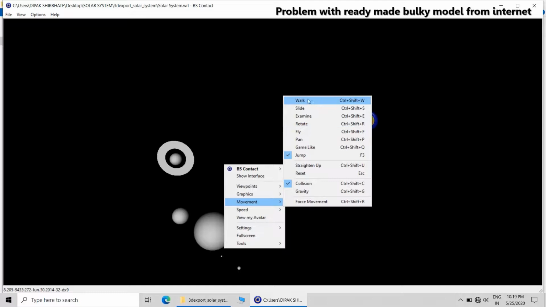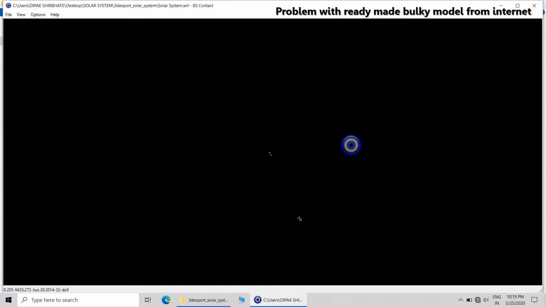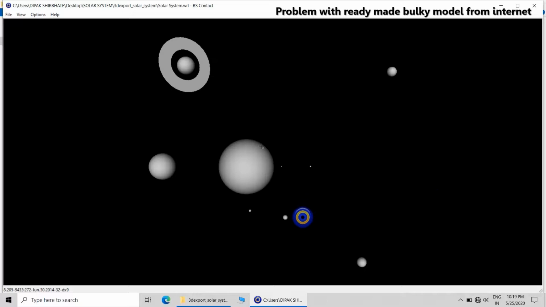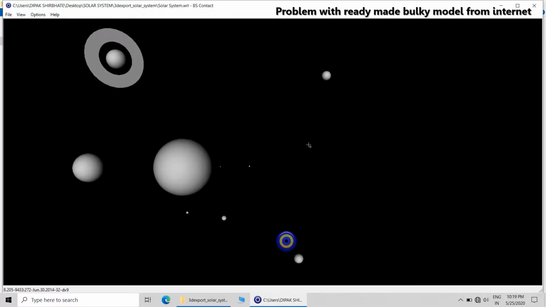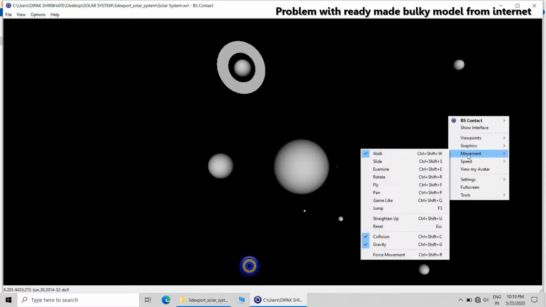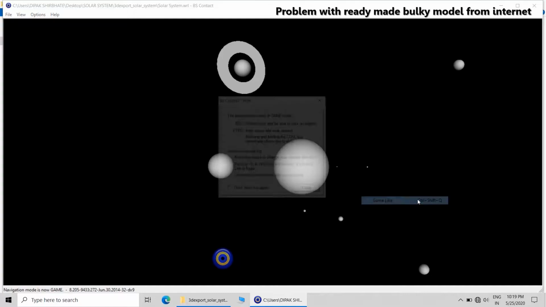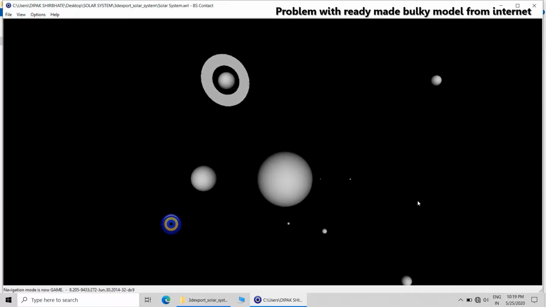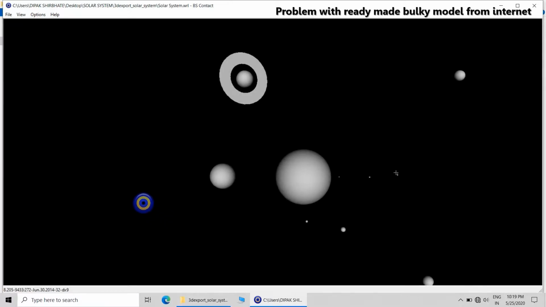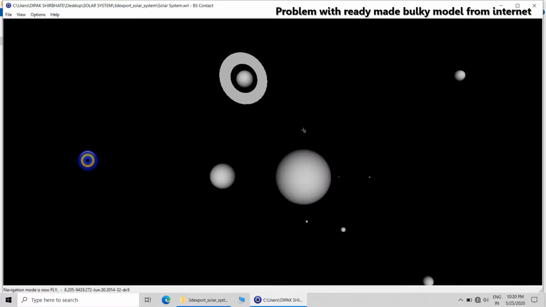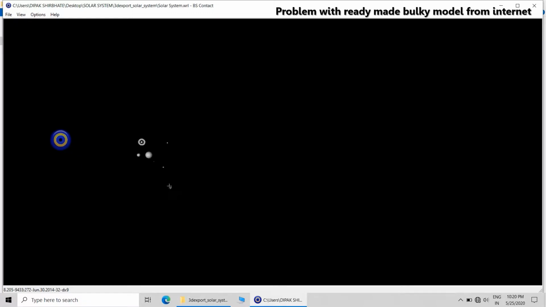The methodology of downloading the model from the internet, applying texture and saving modeling time will not work, because the model itself is very bulky, and I haven't found any less bulky model. Of course, if you get a less bulky model, then you can omit the steps that we carried out in creating the solar system, like creating spheres of different sizes and applying the scale size and xyz coordinates.